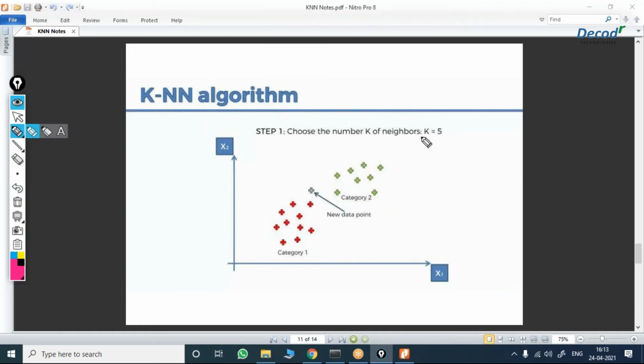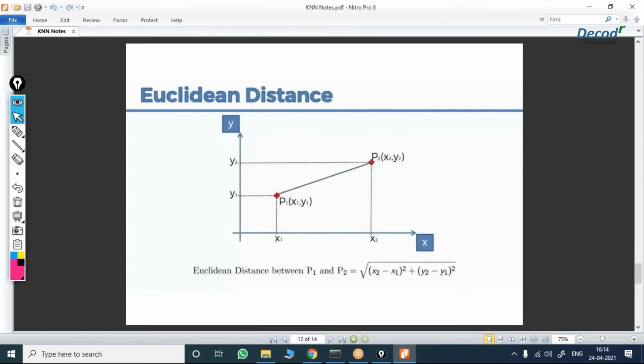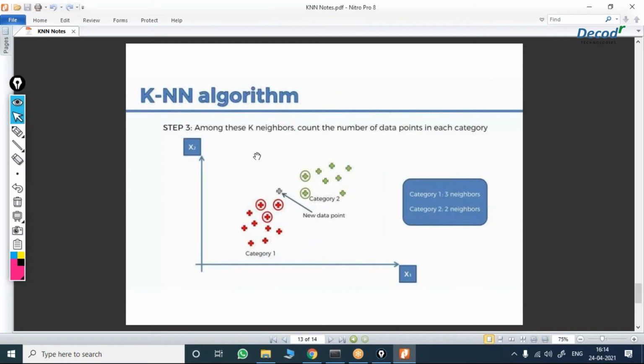Here you have given us 5, right? So after calculating with respect to every point, out of which it is going to find the 5 least distances. Remember that, 5 least distances. So it is calculating the Euclidean distance between them. These are the 5 it has chosen. With all the data points, it has been calculated, and out of these 5, it is having the least values.